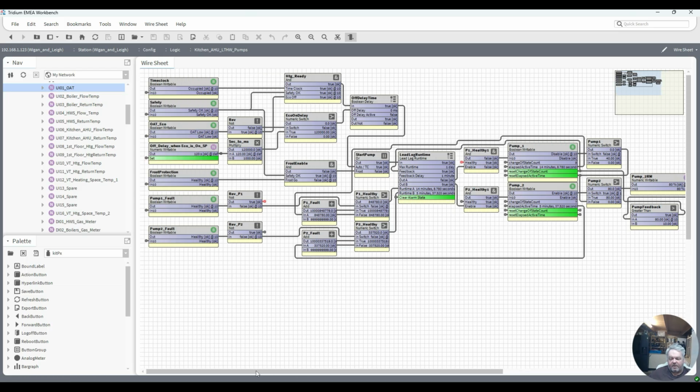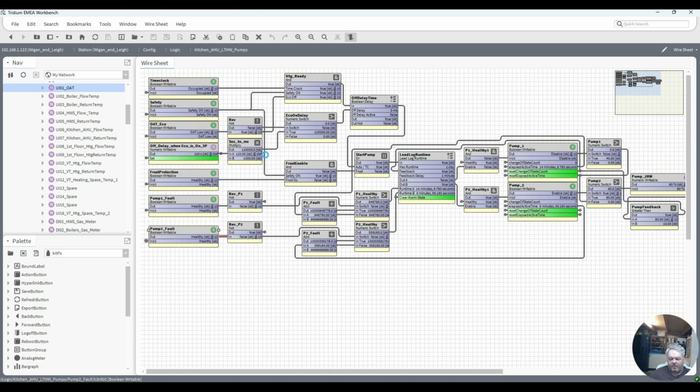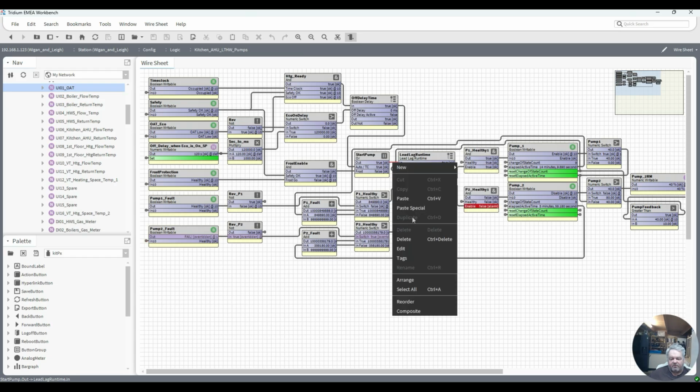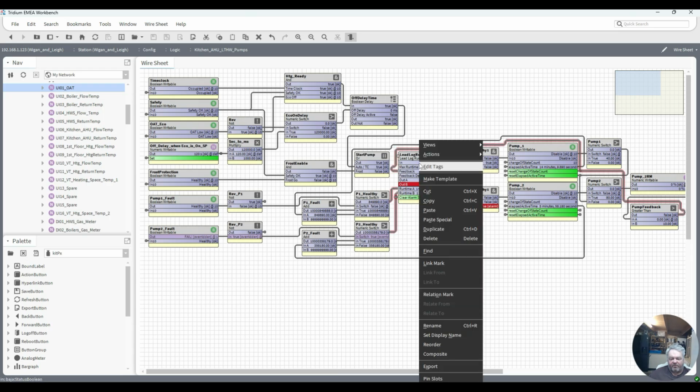Let me just show you what I mean. So if we enable pump 1, so at the moment we're running pump 2 because that was the minimum, 5 minutes there, pump 2. So let's put pump 2 into fault. So pump 2 is now in fault. It's naturally switched to pump 1. But let me just cut that to stop it. So we're now false and we're not running any pumps at all. And if I clear that alarm state,